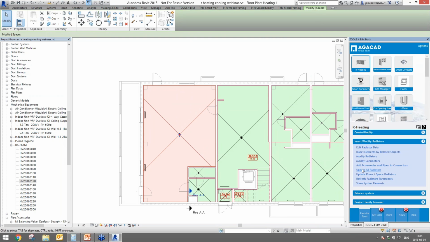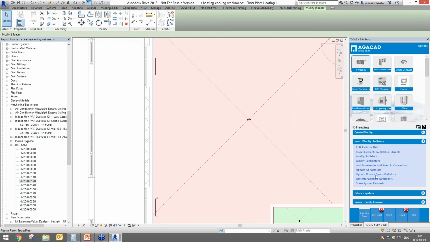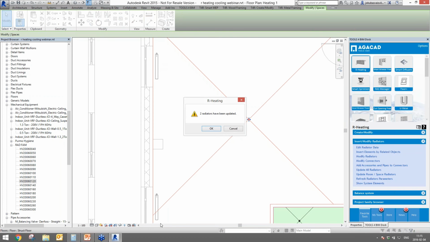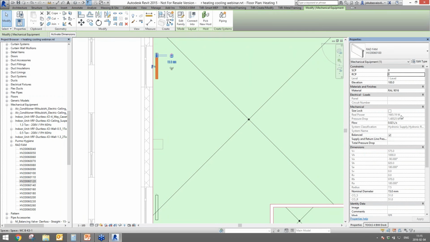that is called update all radiators or update room or space radiators, which will update your radiators automatically. So if we take a look at those radiators, and if I click on update room space radiators, they will change their parameters. First, geometry. Second, the inner physics parameters. If I click OK, I go to my radiator, and I see that one of those radiators has